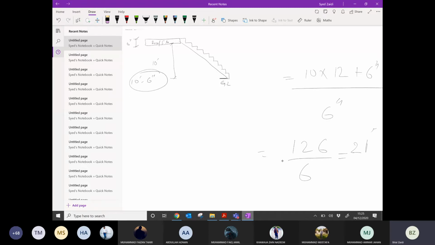If you increase the riser height to 8 inches, you need fewer steps, obviously. That is why, if you have limited space, you increase the height of the riser. But more comfortable stairs are those having less riser height.